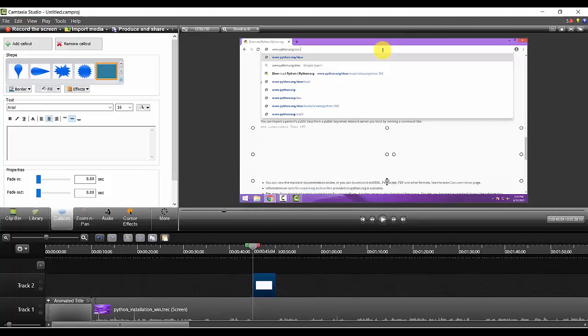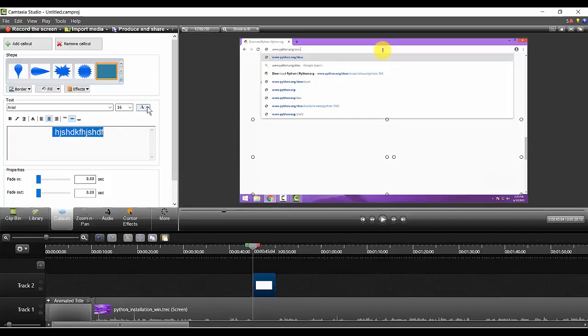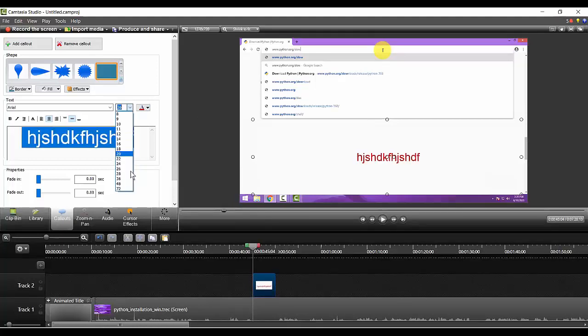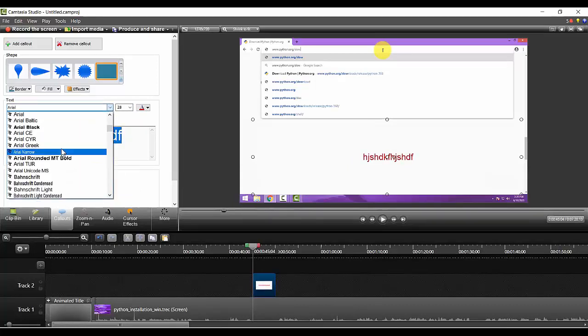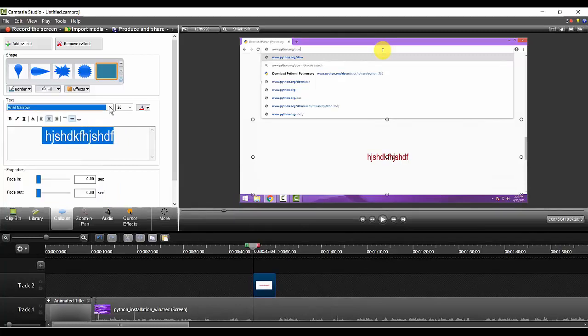If you hide it here also, nobody will know there was some text or something like that. So in this manner you can do it. If you want to write any text here, you can click and write whatever is required, and you can change the text color and all those things. It will be visible. Apart from that, you can change the text size, and you can change your font, whatever font you desire, according to the style.